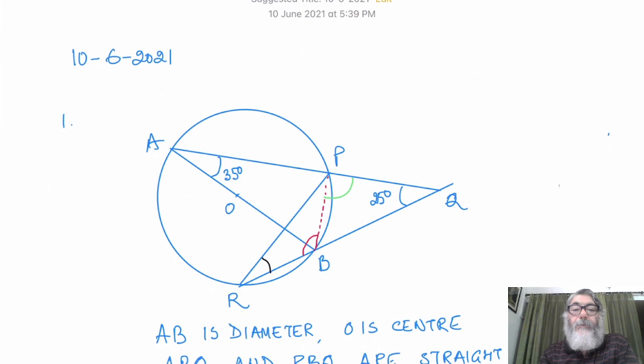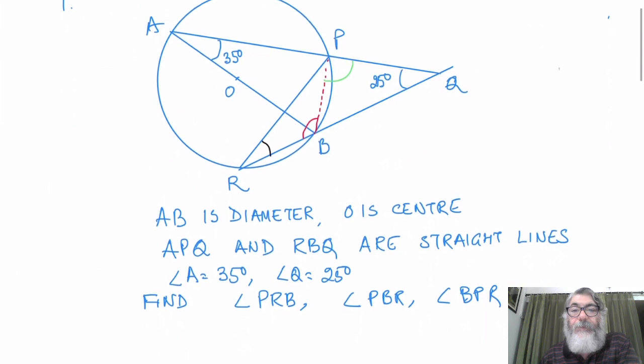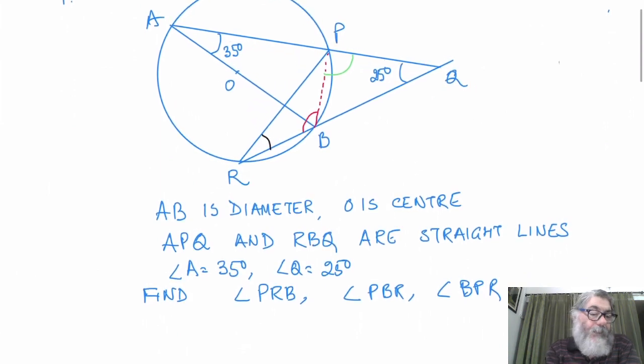We are doing some problems on circles. Once again, as my practice, we tell you to revise all the theorems on the basis of which we are going to do these problems. We have done four theorems till now. The first theorem is the double angle theorem.